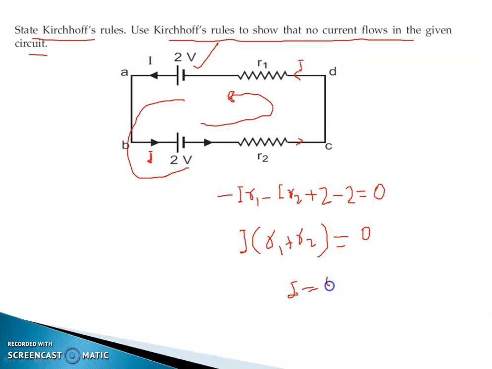so there is no current in the circuit. वैसे भी आप जानते हैं जब दो बैटरी अपोजिट डायरेक्शन में लगी हो और उनकी वोल्टेजेस सेम हो तो वहां पे कोई करंट फ्लो नहीं हो, ठीक है। तो दिस इज ऑल अबाउट द न्यूमेरिकल्स बेस्ड ऑन किरचॉफ्स लॉ। थैंक यू वेरी मच।